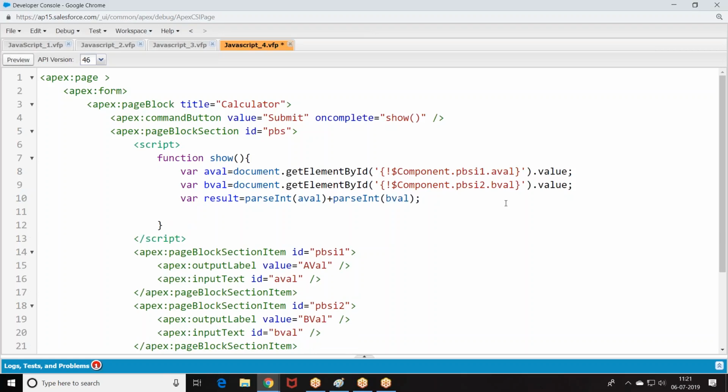Percent a value, percent b value. Now let us look at the story. Percent a value, percent b value. Then component dot set.